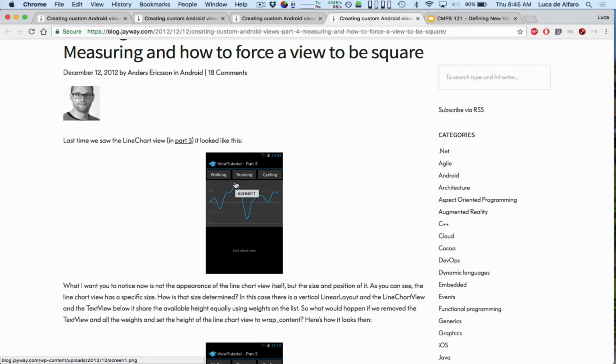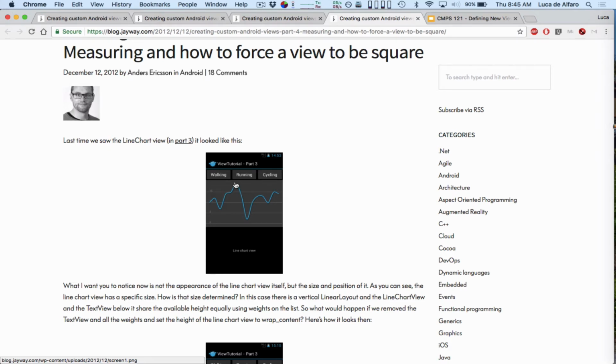I found it very helpful myself. I was reading these many years ago. This is a bit old, in fact, 2012. I think that was around the first or the second time I taught this class. I was learning myself how to draw and how to do animations, and this tutorial was really quite helpful. Okay, so I will post it among the resources, and what I want to show you is a little bit